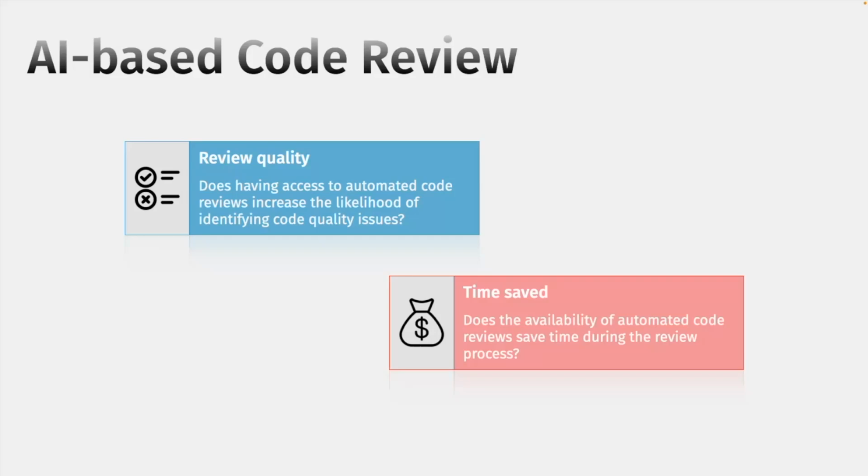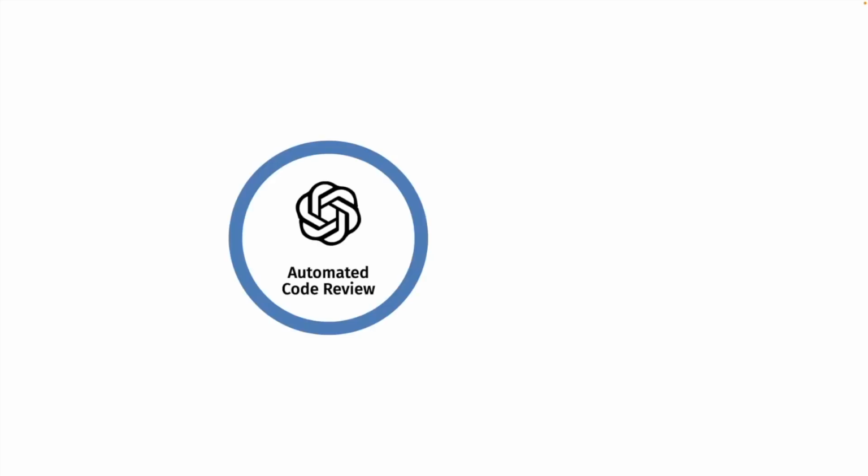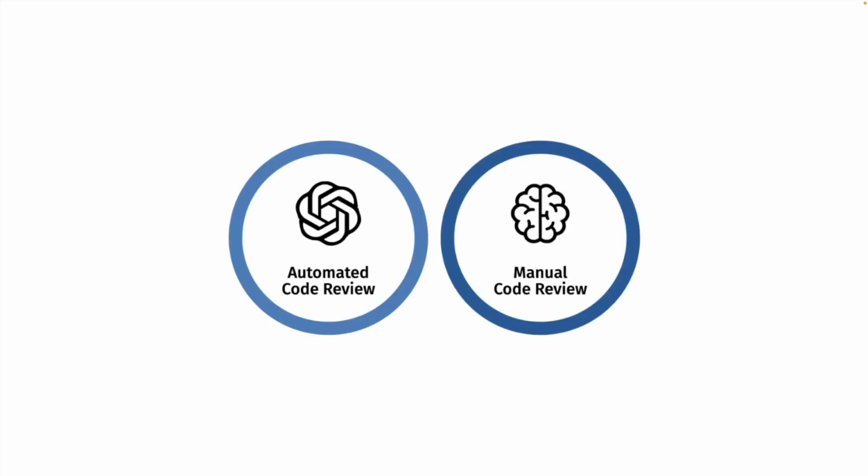So we decided to run a controlled experiment looking for these 2 things. And we had some very clear hypotheses in our mind: the review quality will increase, you will find more relevant quality issues, and you will save time. Okay, these were our hypotheses. So what we did was to run this study. We asked some developers to perform 2 code review tasks, the 2 treatments, using an AI, not using an AI.